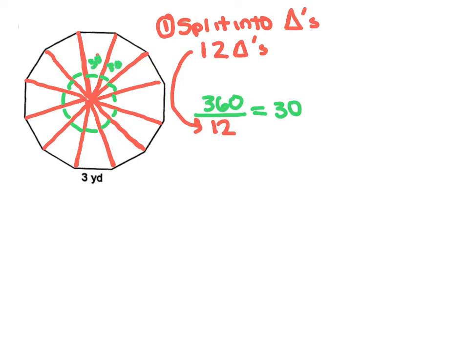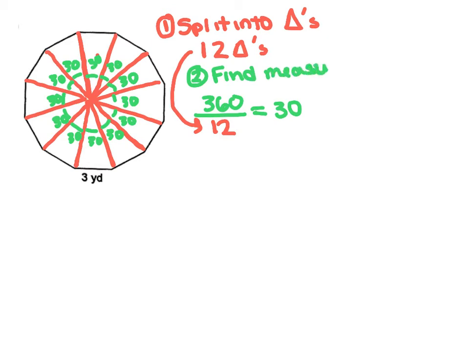angles is 30, which I can label on the diagram. So I first split into triangles, then we found the measure of the vertex angle. Now the next step we have to do